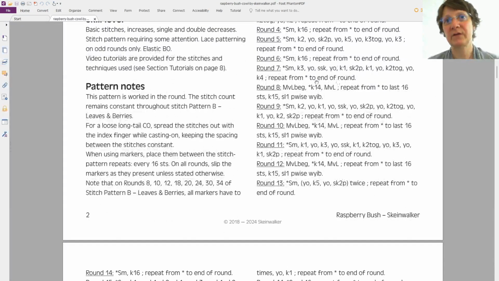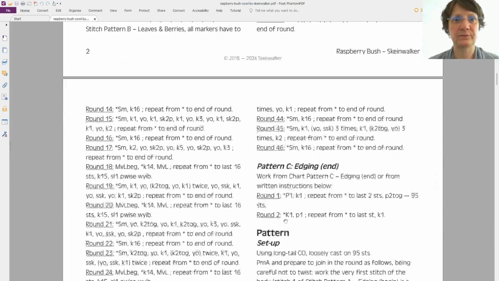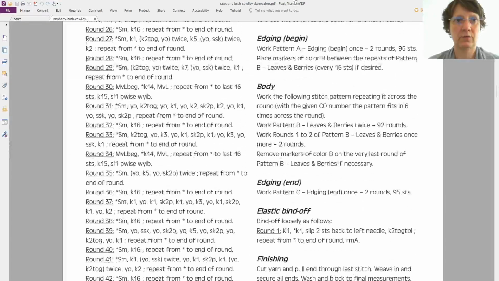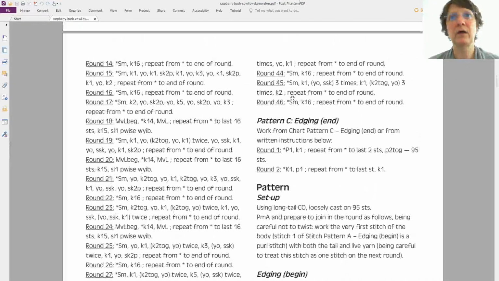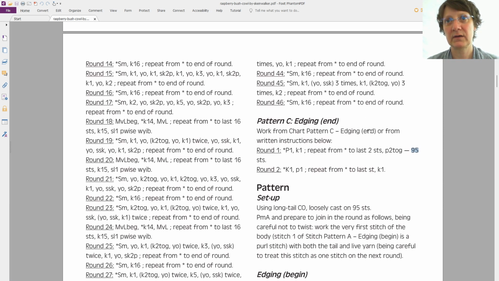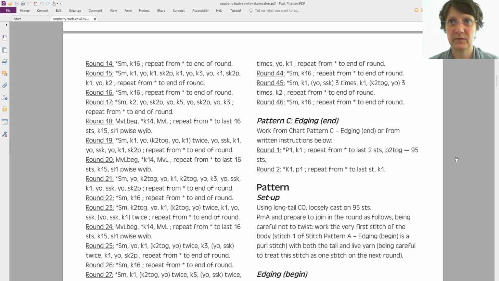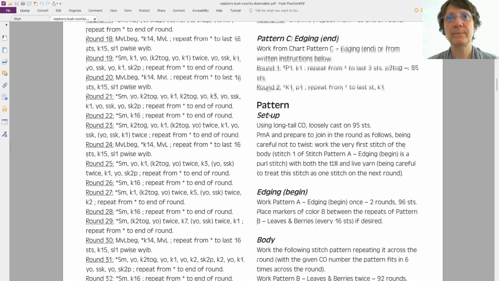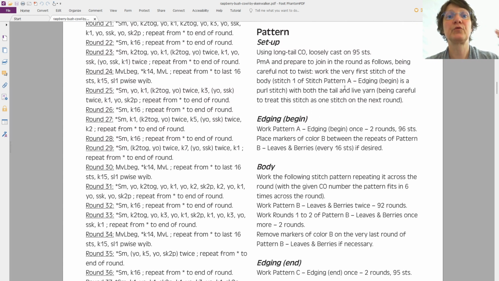Then we have the lace pattern with all the written instructions, all the way to round 46. And then we have here in this specific cowl an edging, the end edging, and in this case I'm decreasing 1 stitch, and it's also in the written instructions. Can I get rid of the block? Yes. Okay,